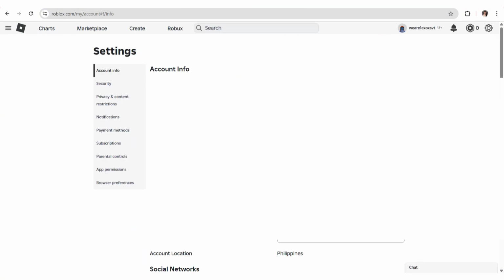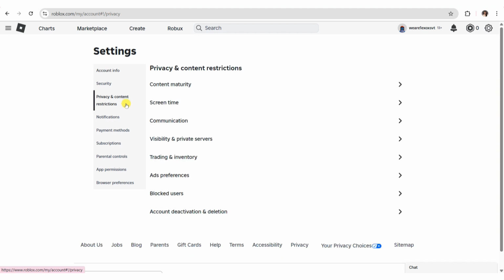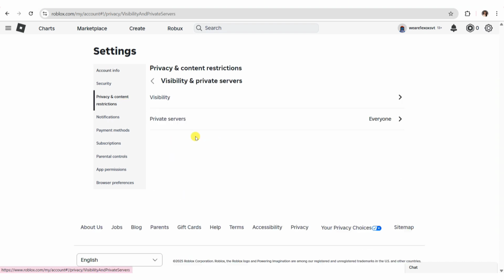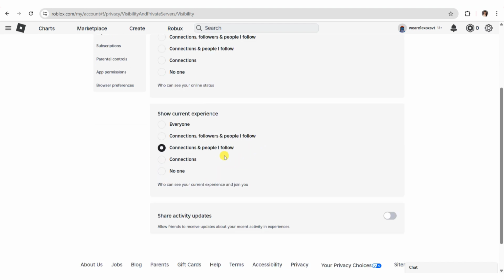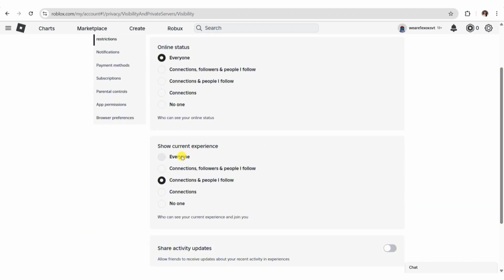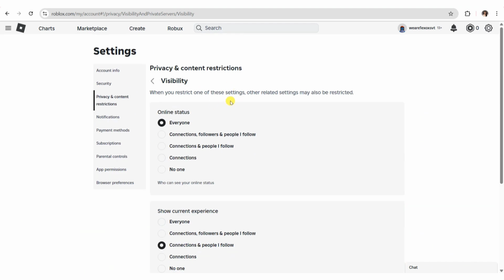So on your settings page, go ahead and head over into privacy and content restriction, and then head over to visibility and private servers. Now make sure that the visibility of your account, such as your online status, current experience, is set to everyone to be able to allow everyone to join you on the current experience that you are